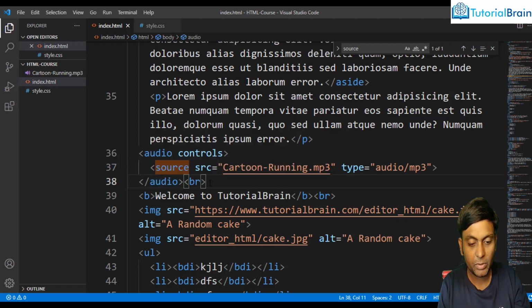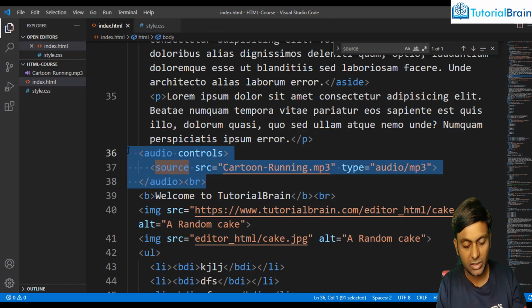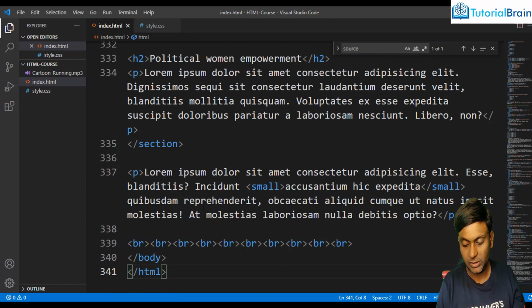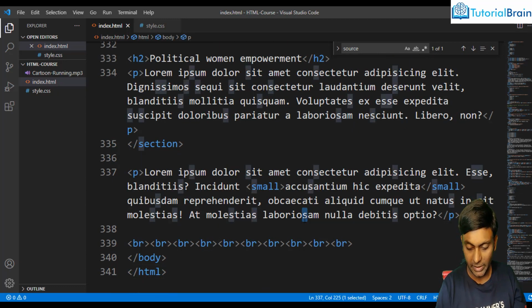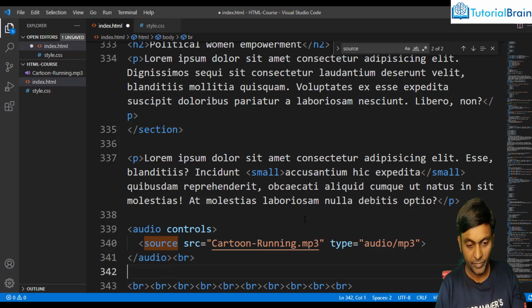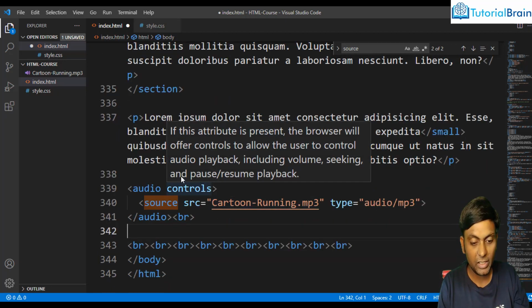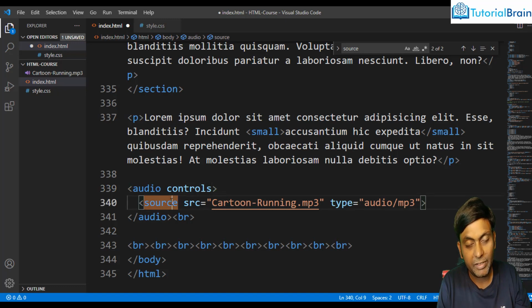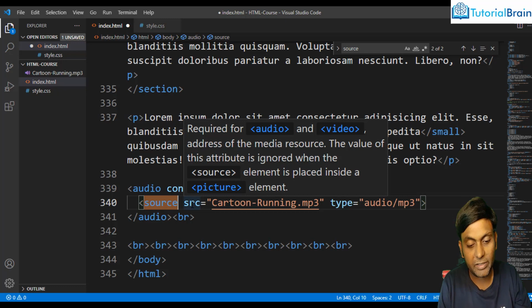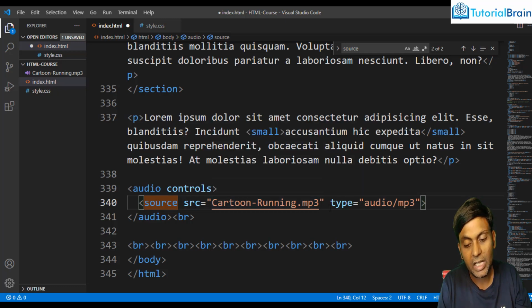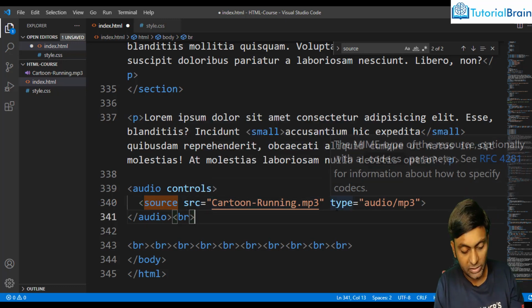If you remember, what we had done is, if I copy this, let me copy it back here. We wanted to have an audio file, and now I have defined the source. Using the source tag, I'm giving the source, that is the location, and then the type. If I press Control S,